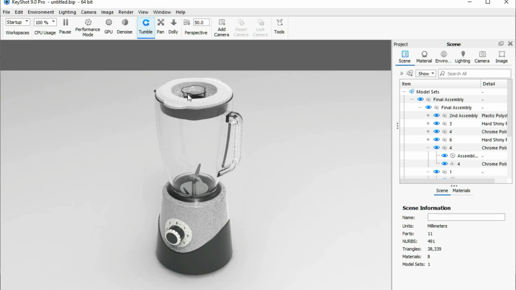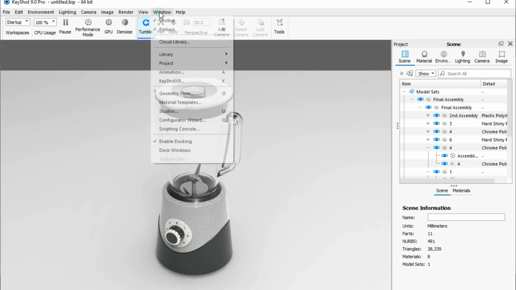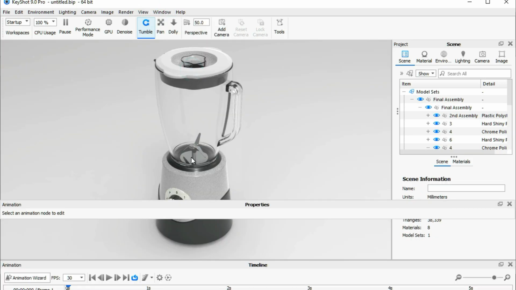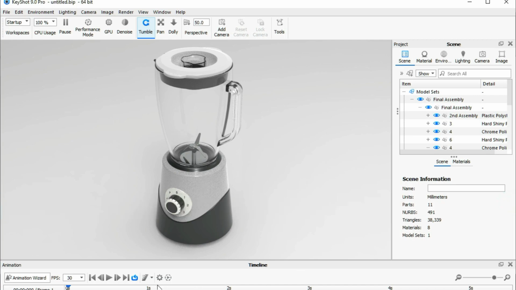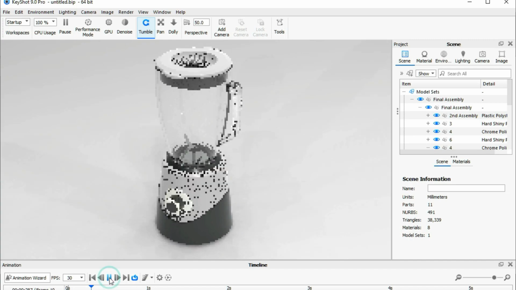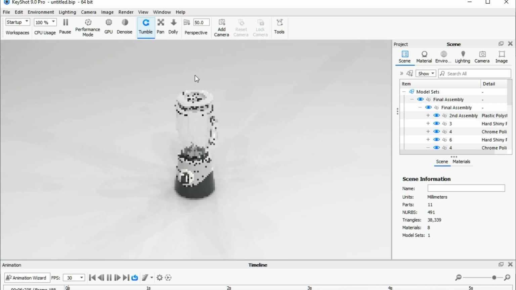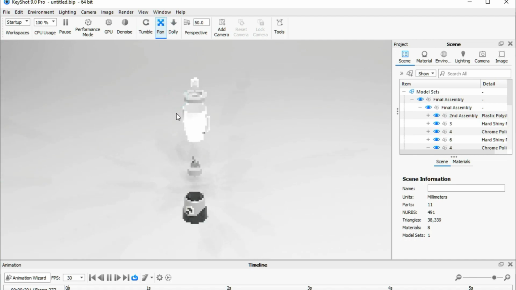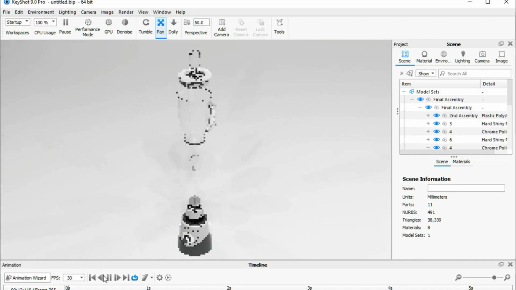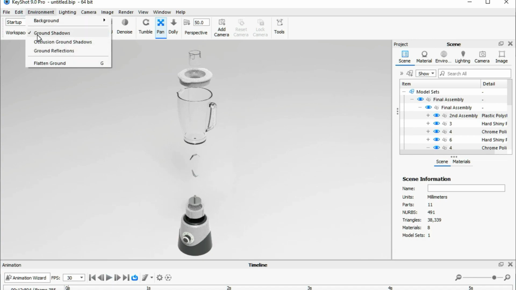So next is we'll go to here, Window, and we'll go to here, Animation. We have already imported our animation, so you can play. Now you can see that. I'm fixing my camera for the animation, and you can see that. We'll go to here, and you can close this ground shadow, and right. So we are ready for exploded view animation with